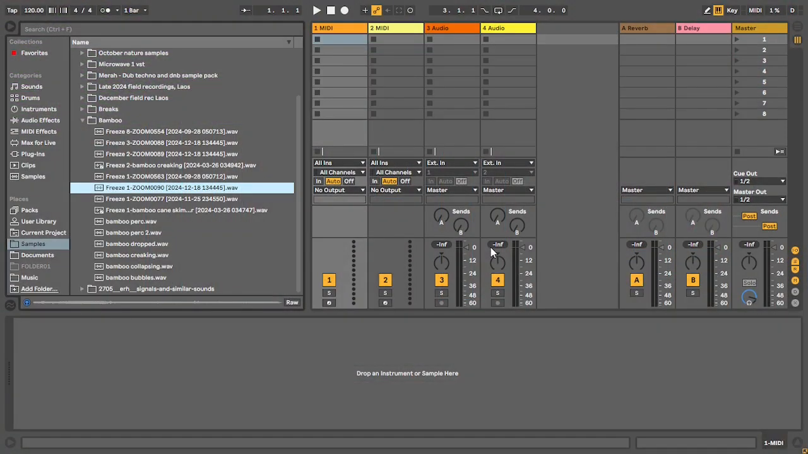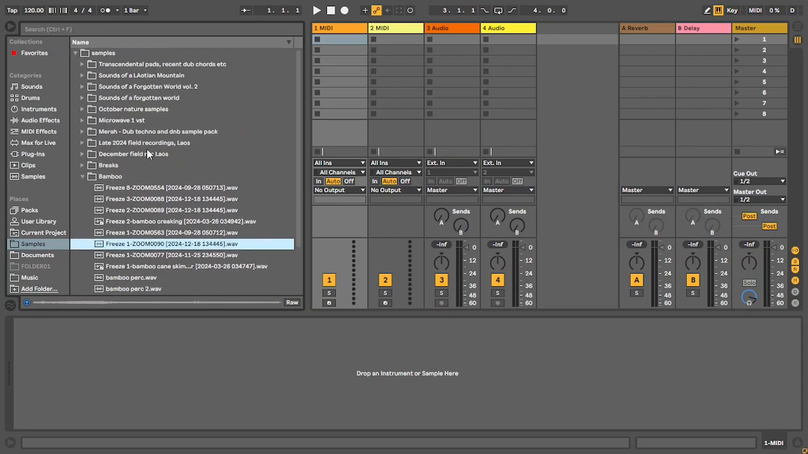Hi guys, so I've been out recording field recordings a lot this year, and a lot of the sounds were from bamboo trees, and I've just compiled all of the samples of bamboo into one folder from all the field recordings. That includes Sounds of a Forgotten World,